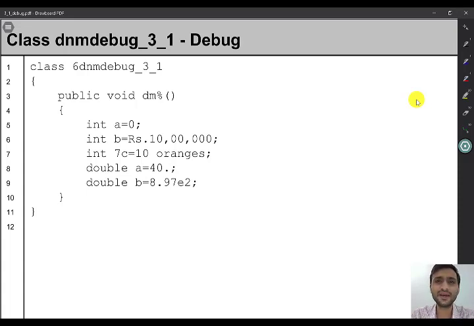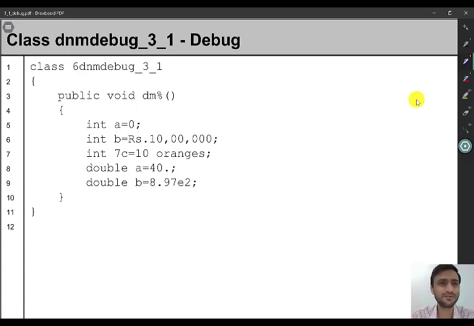Identifiers are names given to class, variables, objects, function names or methods, interfaces, labels, packages. So in our syllabus we have only four things where we will be using the identifier names, that is in class, in variables, in function names and in objects. Objects will come in class 10. So in class 9 we will be giving names to class, to variables and to methods.